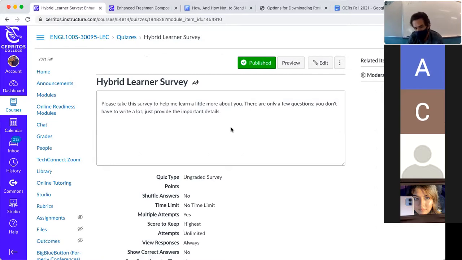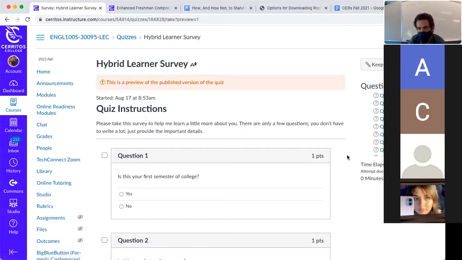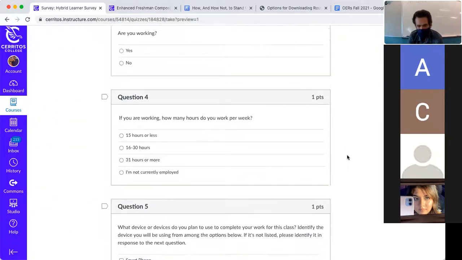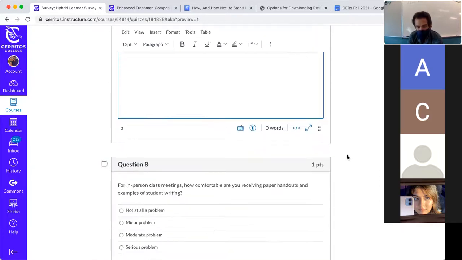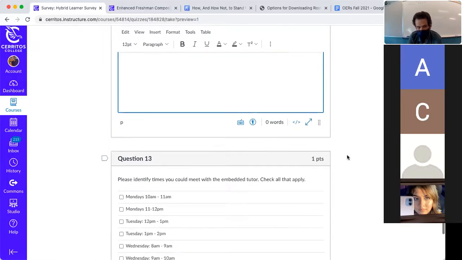Are you working part-time or full-time? Stuff like that. They're pretty simple questions. The one that I want to draw your attention to right now, and then I'm going to turn it over to our embedded tutor, is the very last one, because this question is about when would be a good time for you to meet with the embedded tutor.